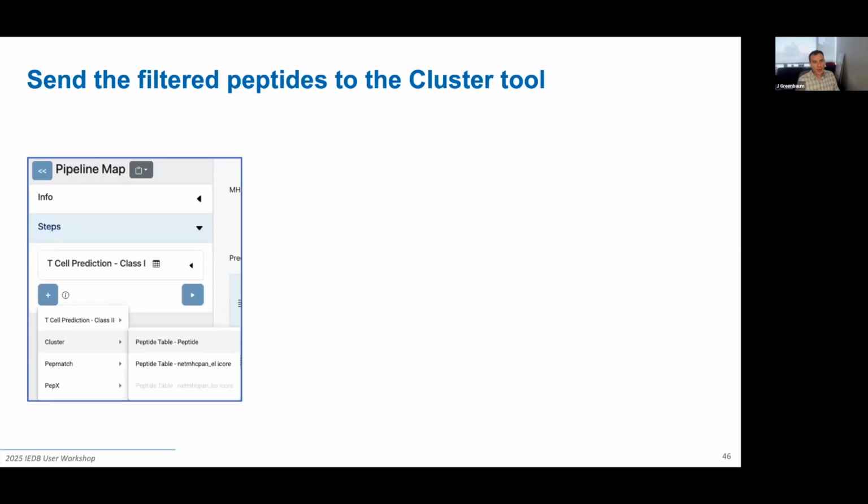If we want to, after we're done filtering, now send our results to another tool, for instance the cluster tool, we would click on this little plus button and go down to the tool that we want to send data to. Then it asks us which column from the table we want to send. Here I'm selecting the peptide column from the peptide table. Once we click that,